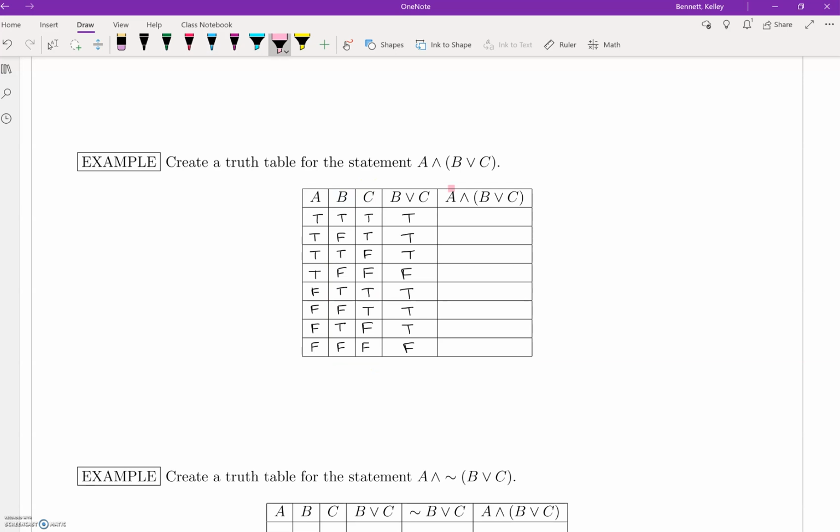I'm going to look at A, which is just this column here, and I'm going to compare it to B or C, which is here. So if I need an and statement for pink and blue, then I need to be true in the pink column and I need to be true in the blue column. So that's all I'm comparing. And that's the usefulness of setting up this previous column B or C, because now I can just compare two